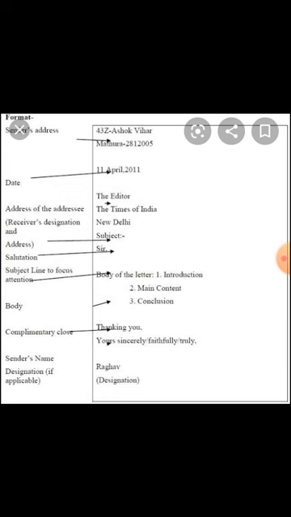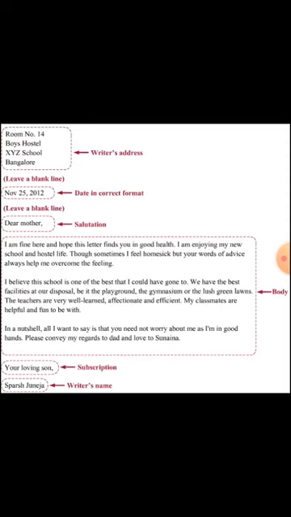Now let's see the format of an informal letter. Pretty much the same. The format remains the same, only the tone, the content and the endearing words, that is the salutation, get changed. In an informal letter too, at the top on the left hand side, we write the writer's address, meaning the person who is writing. Then we leave a blank line, then we write the date, again we leave one blank line, then the salutation. Dear mother, dear friend, or anyone from your family members or friends to whom we often write a letter.